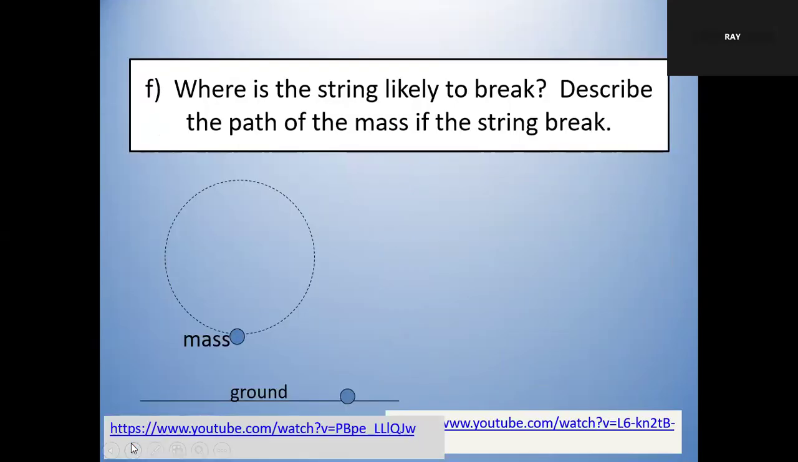Where is the string likely to break? Describe the path of the mass when the string breaks. You mean while spinning? Yeah, when we're moving in a circular path, it will break where the tension is the largest. So if there is some problem with the string,